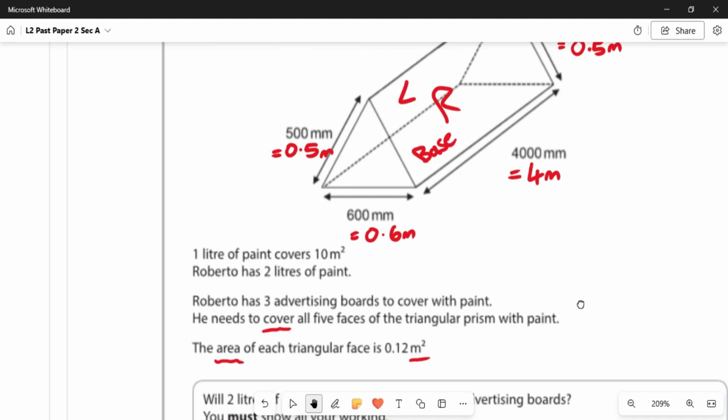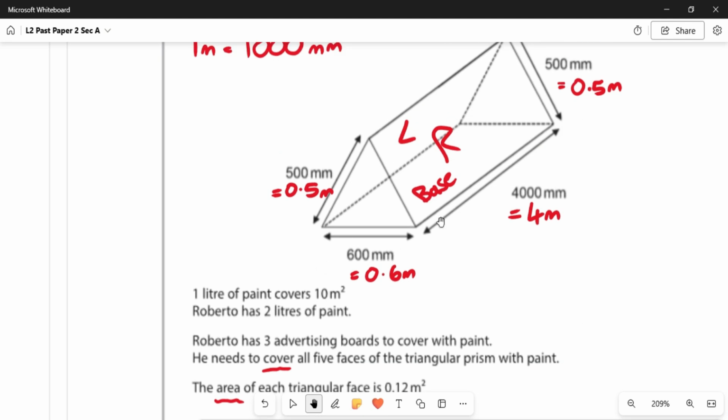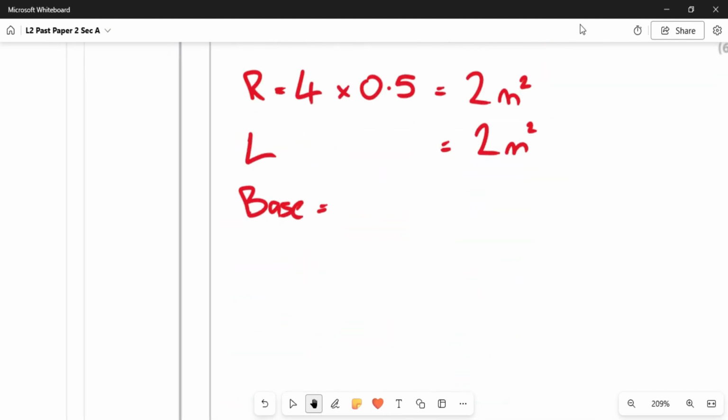Let's double check. Well, the base is 0.6 times 4. I'm going to have to work that out like this. 0.6 times by 4. Let's work that out. 4 sixes are 24. Carry the 2. 0 times 4 is 0, plus the 2 is 2. And it's 1 decimal place, which is there. So altogether,